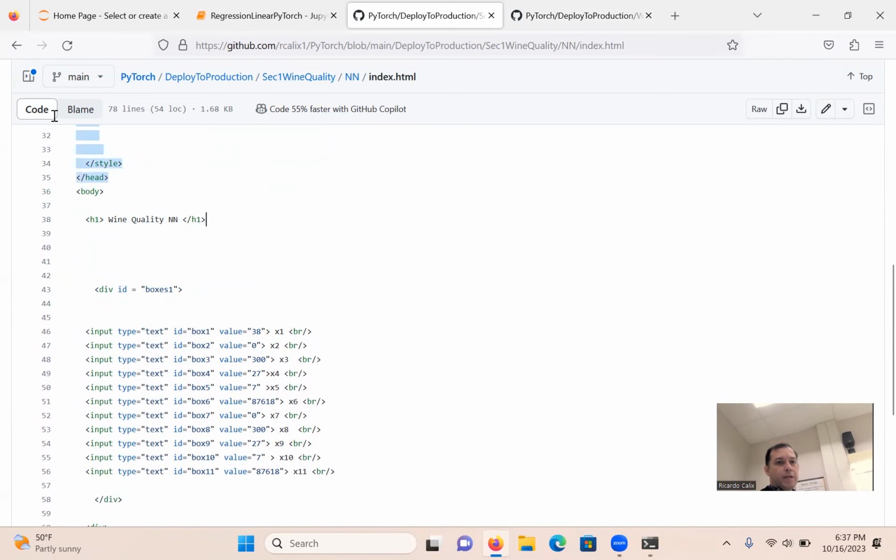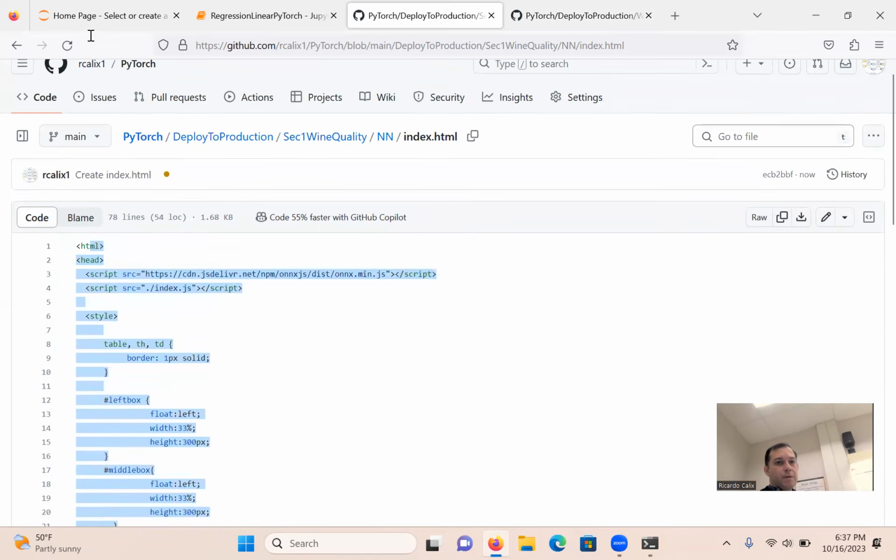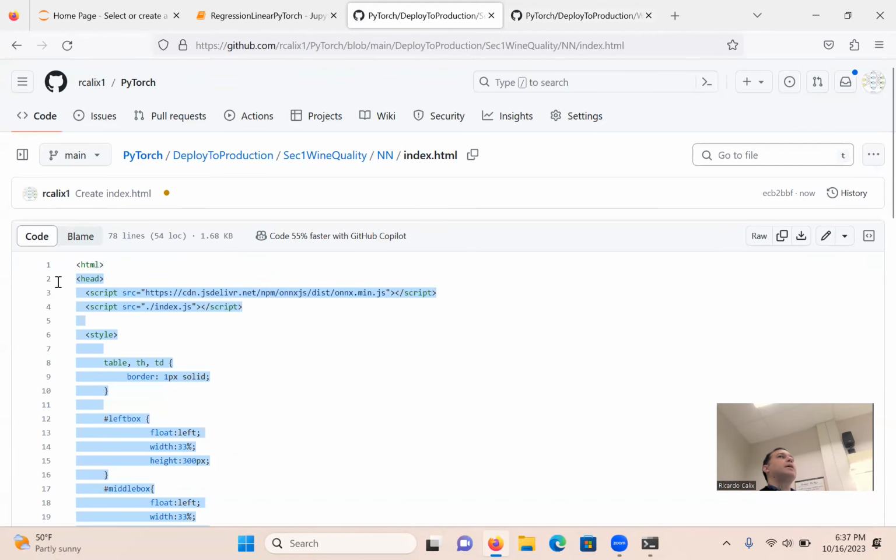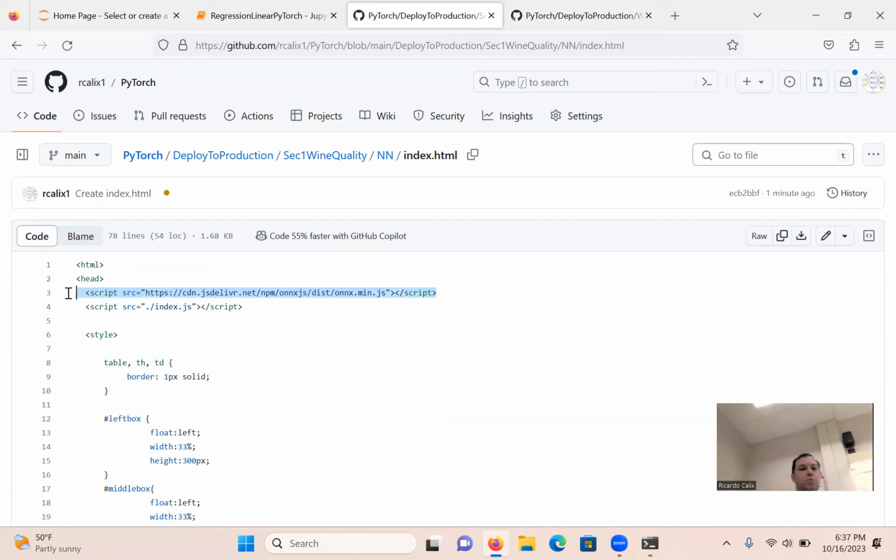Head. So that's the head section. Okay, right there. So what goes in the head section? Very important. Since we're using JavaScript, we need to provide, if you're familiar with maybe jQuery or something like that, this is similar. It's a framework